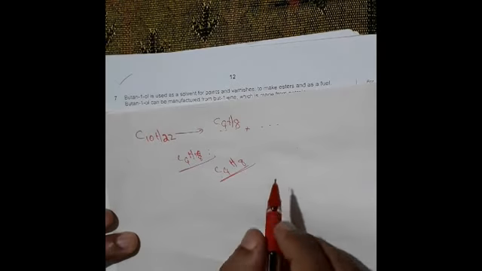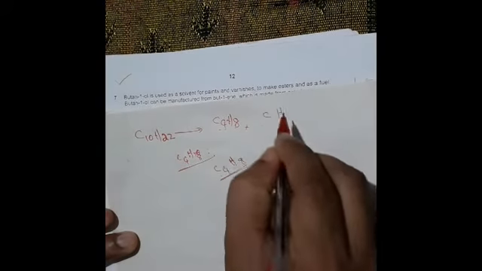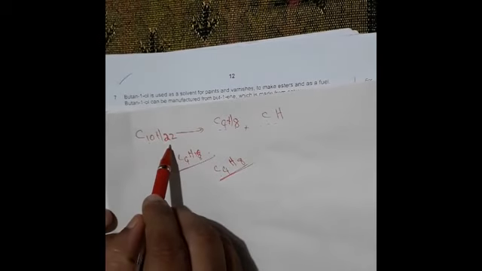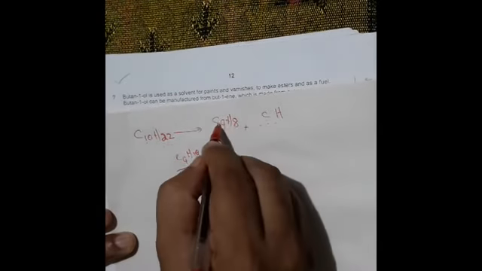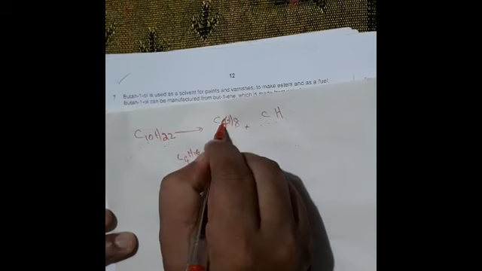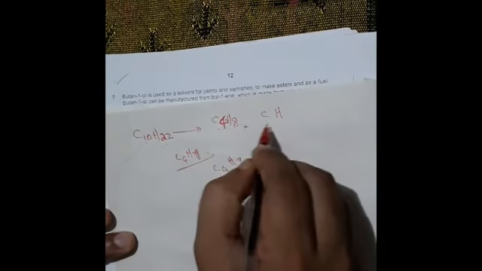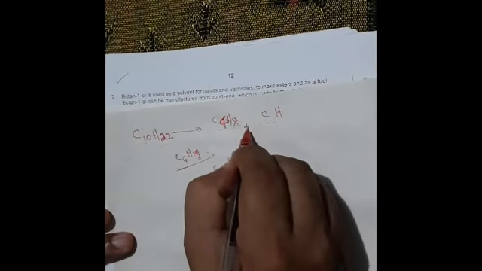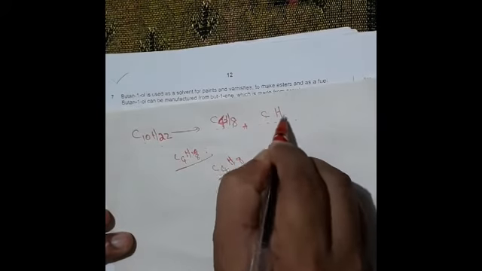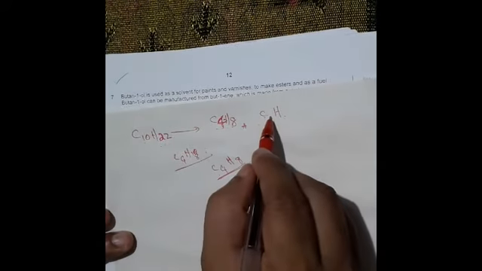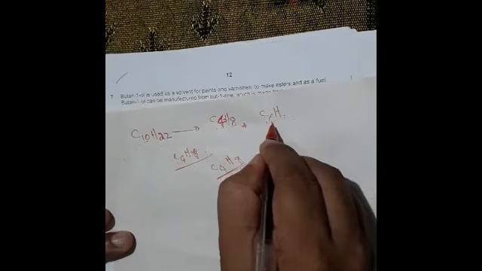Here the other compound also contains carbon and hydrogen. In total we have 10 carbon and 22 hydrogen. We already used C4H8. So here again we have to complete the next product, which also contains carbon and hydrogen. How many carbon will be here? Out of 10 we already used 4. 10 minus 4, so 6 carbon will be there.